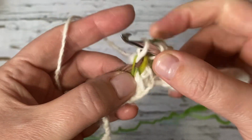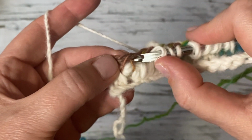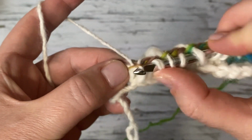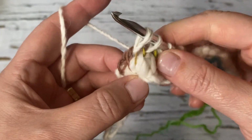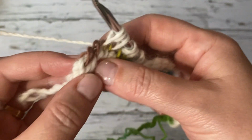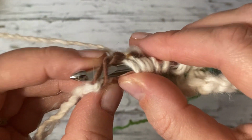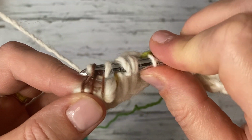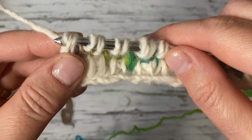Middle. When you see the tall one, it's always the edge. Okay, middle one. Edge. Middle one. And this is the last one. So automatically you go in between and you grab those two loops here, and then you pull. Just like this. Okay, now we're going to pull one,